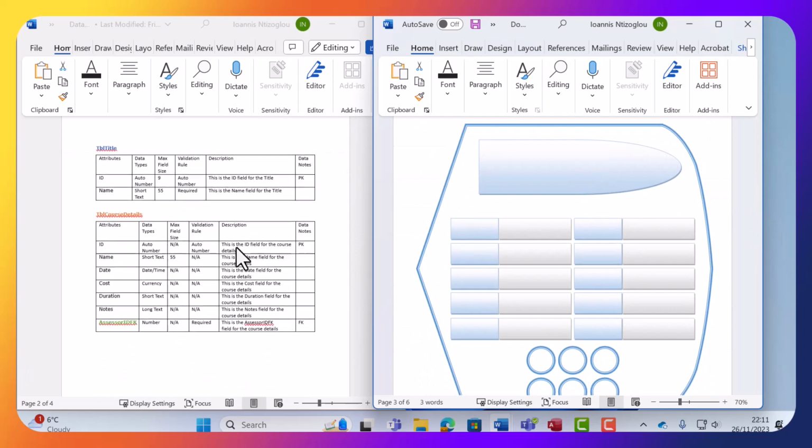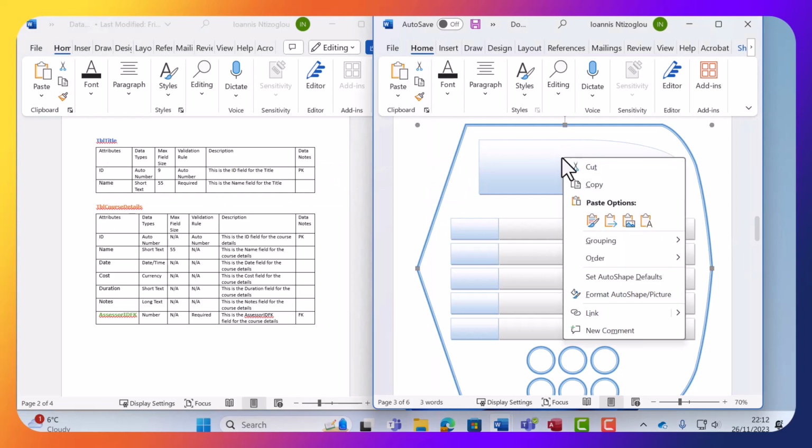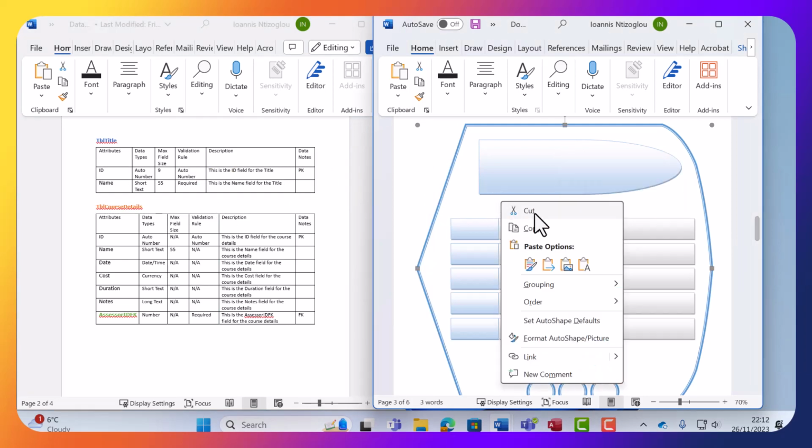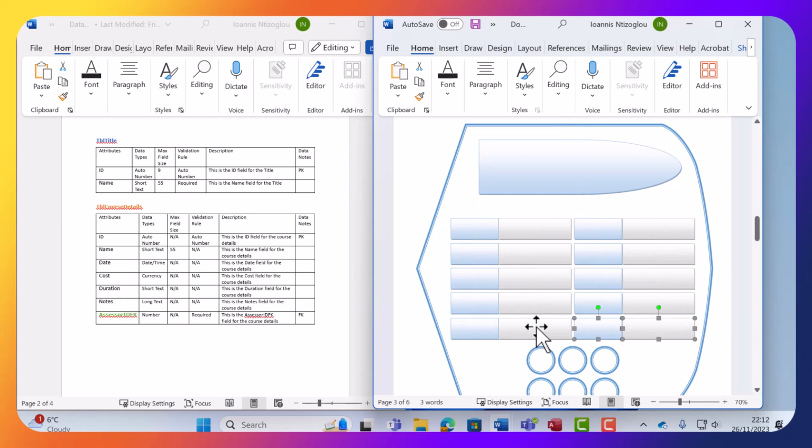Now moving on to my next table, I have 1, 2, 3, 4, 5, 6, 7 attributes. So I'm going to copy that. I'm going to first of all ungroup this. So select that, grouping, ungroup. We have 1, 2, 3, 4, 5, 6, 7. So I just need to delete 3. So I had 10 in total. Okay,